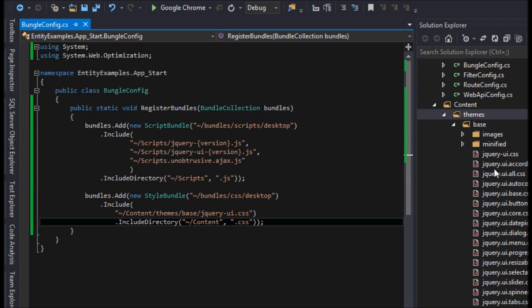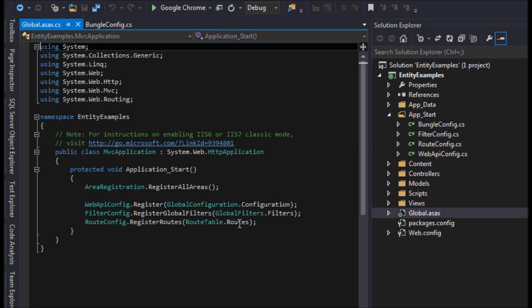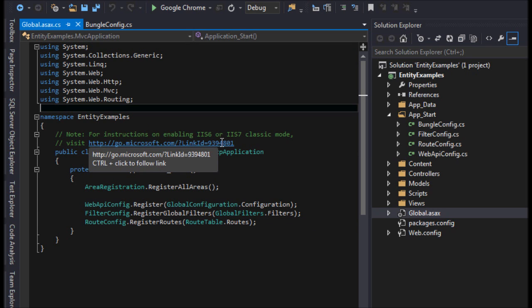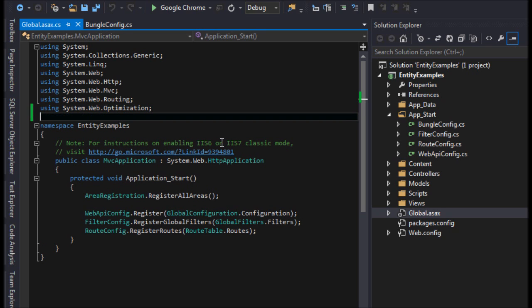So, all right. So we have a style bundle and we have a script bundle. So we need to do one last thing. We need to go ahead and go into our global ASAX, and we need to actually add that, otherwise it won't show. So we need to include our System.Web.Optimization here as well, and then we also need to put down